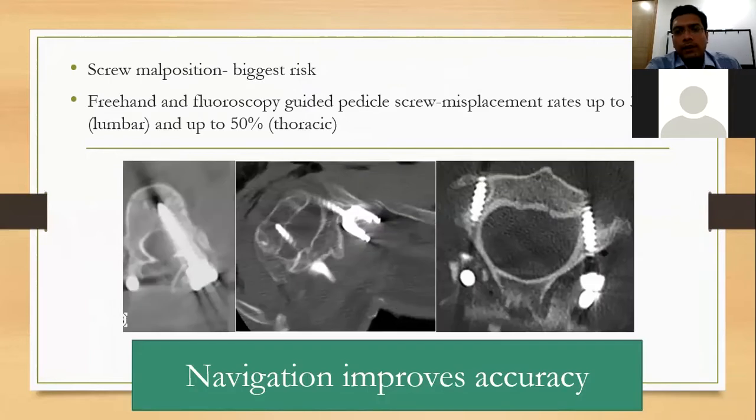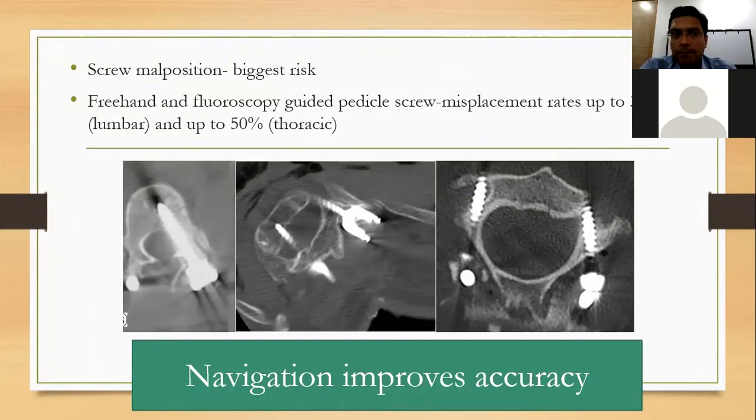The utility of navigation has been due to the improvement in malposition rates. So if you look at freehand pedicle screw placement, there have been malposition rates which have been quoted as high as 50% in the thoracic spine. This accuracy can be very much improved with the use of navigation. And with the use of navigation, in fact, in thoracic spine, the accuracy rate has been improved where only 5%